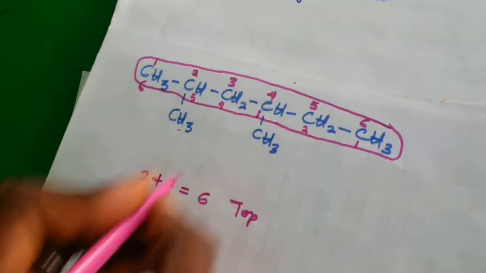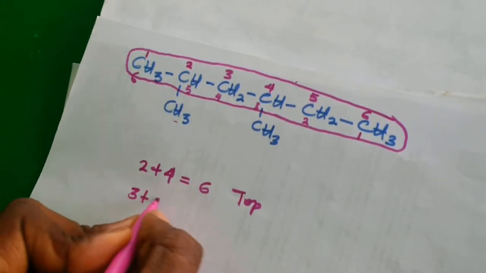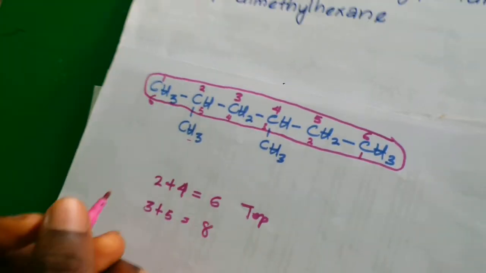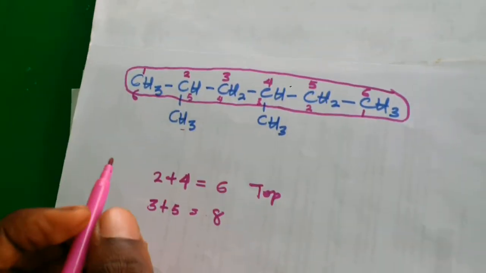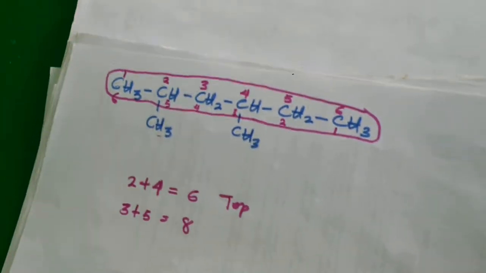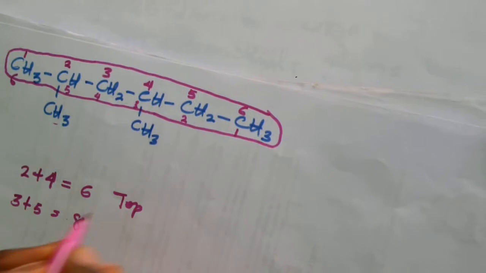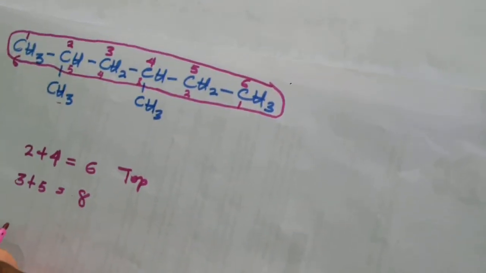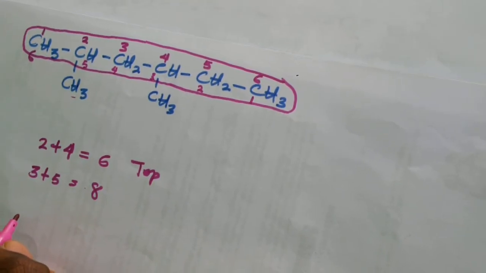Then for the bottom, 3 plus 5 will give us 8. So obviously, the top counting is the lowest, so we are going to use the top counting. So easily we can name this as, now the prefix first, followed by the word root,